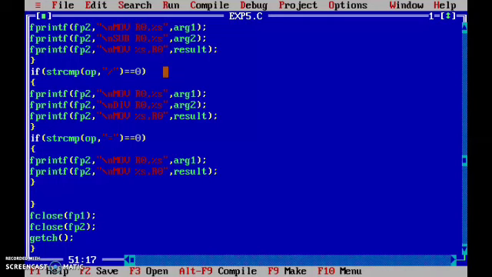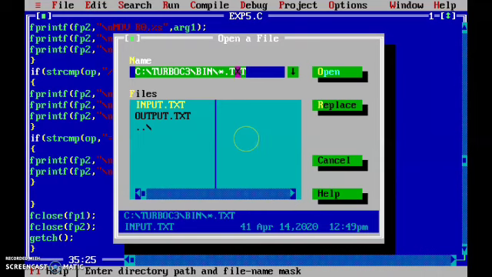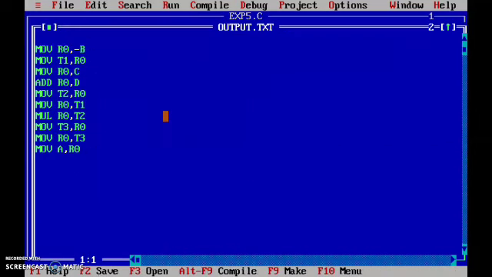Here we don't have anything to be displayed, so it will display a blank screen. For the output we have to open the output.txt file. Previously I showed you that there was only one .txt file, that is input.txt, but now you can see there exists one more new file, that is output.txt. Now let us open this output.txt and read its content.